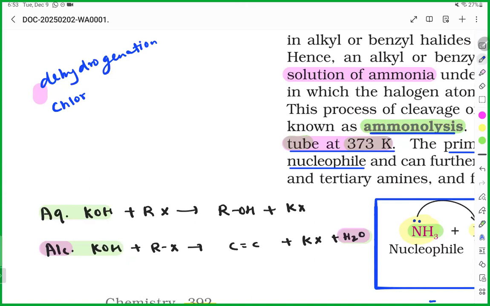Where chloroform is used, the isocyanide test, right? Or you have the Reimer-Tiemann reaction, correct? You have normal nucleophilic substitution reaction in case of haloalkanes and haloarenes,